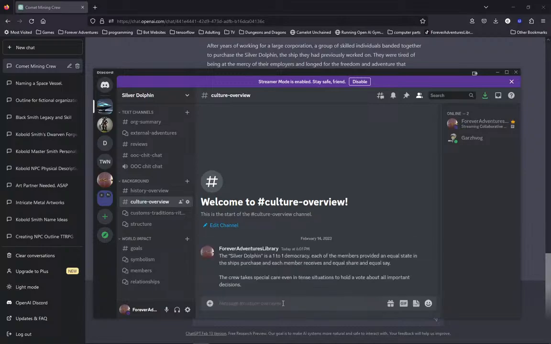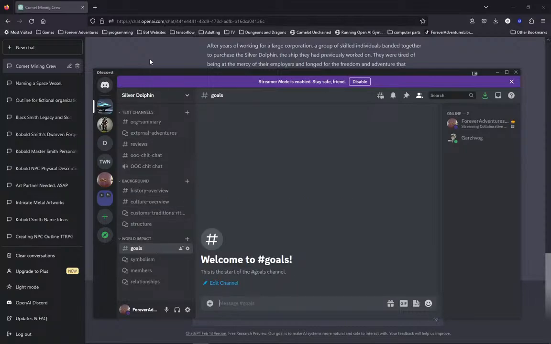I like that. It's a great culture overview. We're going to have some customs and traditions that we're going to write in. Right, we're going to change this, or we're going to have a structure a little bit. And I think inside of the structure, we're just going to put what each individual's job is, right? Because they still have specialties, even if they're one-for-one democracy. You have an engineer. That person is obviously going to do the engineering things because they know what they're talking about. So we will put that in the structure version. In the goals, what should be the goals of this little organization?